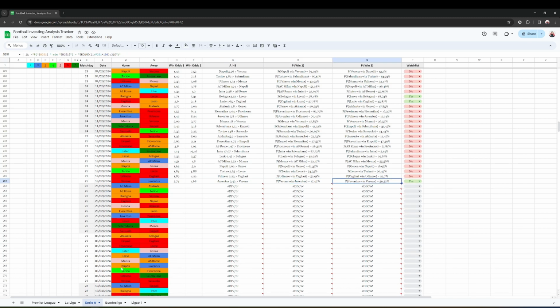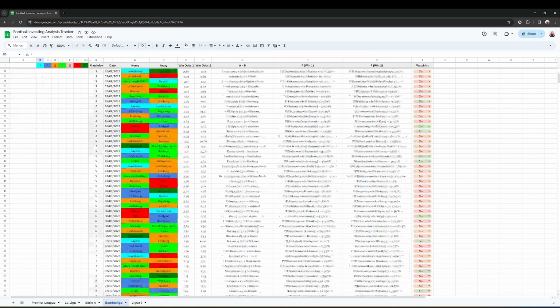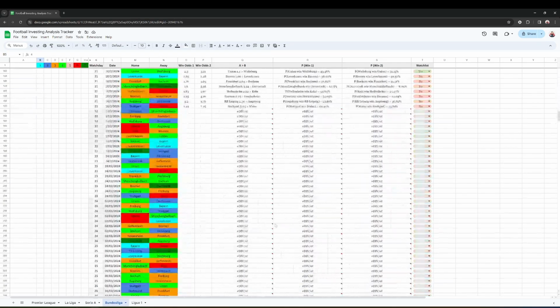Okay, Bundesliga. I'm sorry because I know this video is long now, but we are almost there. We are almost there. We don't want to skip anything or make inaccurate decisions. Anyway, Bundesliga. Here are the odds. Well, I'm sure we'll find something here. We always do for Bundesliga.